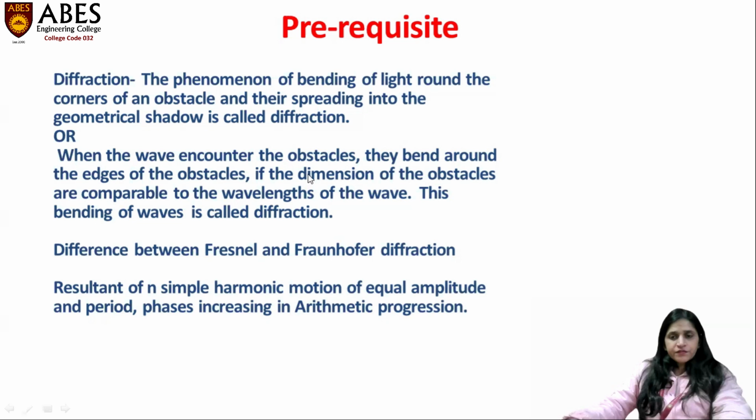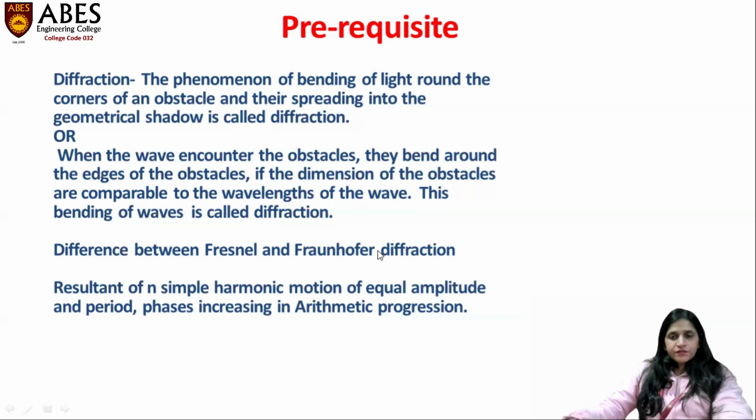We should also know the difference between Fresnel and Fraunhofer diffraction. Now let us see what is the difference between the two. In the Fresnel class of diffraction, the source of light or the screen, or both, are at a finite distance from the diffracting element, so no lenses are needed for rendering the rays parallel or convergent. Therefore, the incident wavefront is spherical or cylindrical instead of plane.